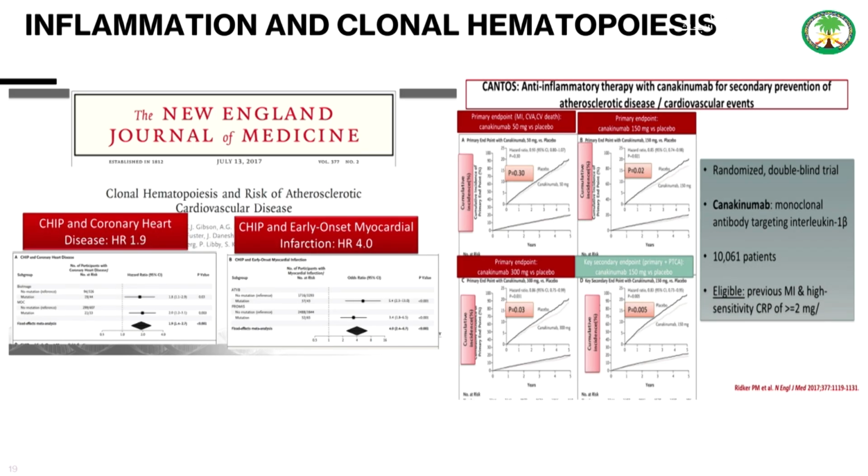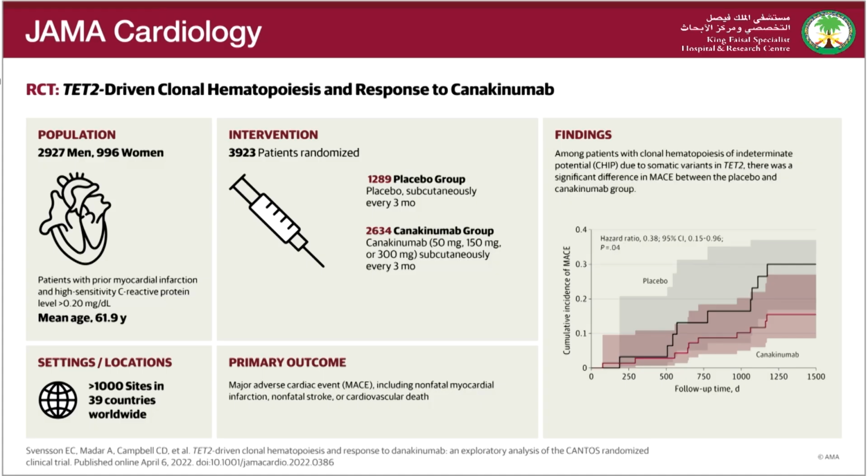Just a few more thoughts in general. This is not the only way we think about inflammation and clonal hematopoiesis, because the notion of it comes from outside of the hematology world, from arteriosclerosis, where, as you all know, clonal hematopoiesis and the risk of arteriosclerotic cardiovascular disease were linked. And a trial was done, the CANTOS trial, where patients were treated with an IL-1 beta inhibitor, not at that point to look at clonal hematopoiesis, but to see if this could reduce their plaque burden and the development of cardiovascular disease.